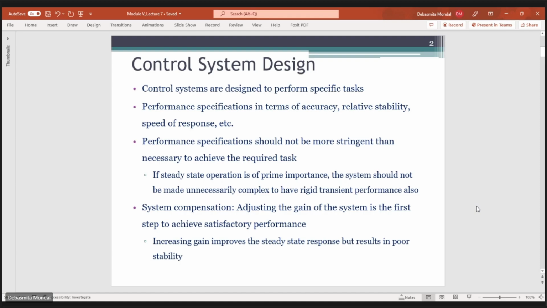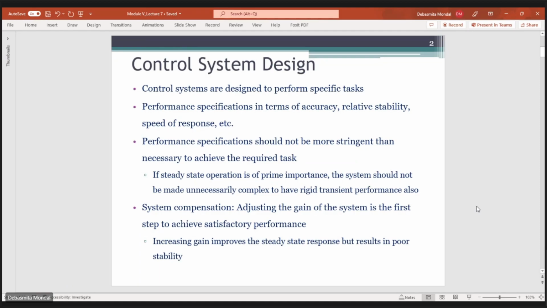Previously we have seen that a control system has a plant. The plant is the actual main system which we are trying to control. Then we have a controller in cascade, that is, in the forward path with the plant. Then we can have a feedback loop, in the form of a negative feedback or a positive feedback, generally negative feedback, because that is where the stability of the system improves. So these three are the basic components of a control system, right?